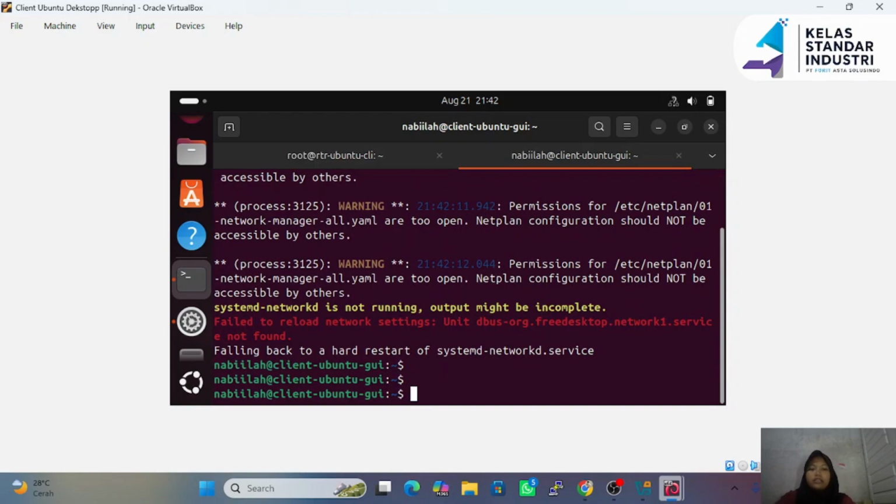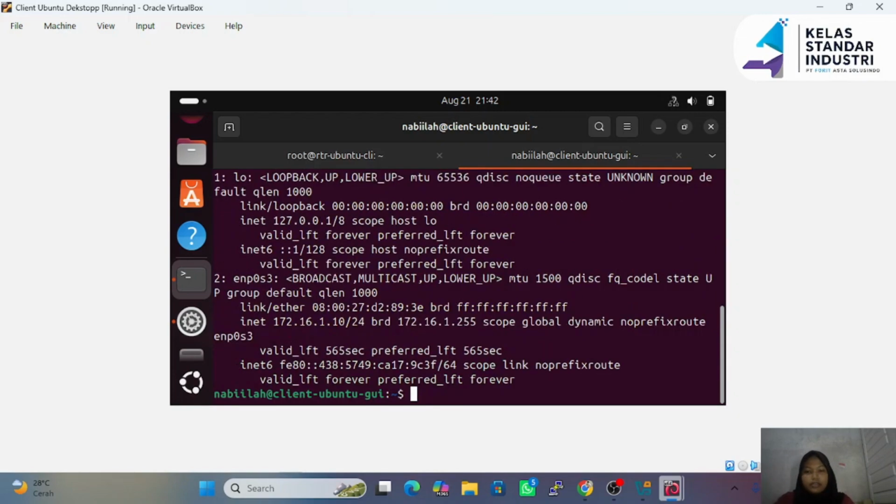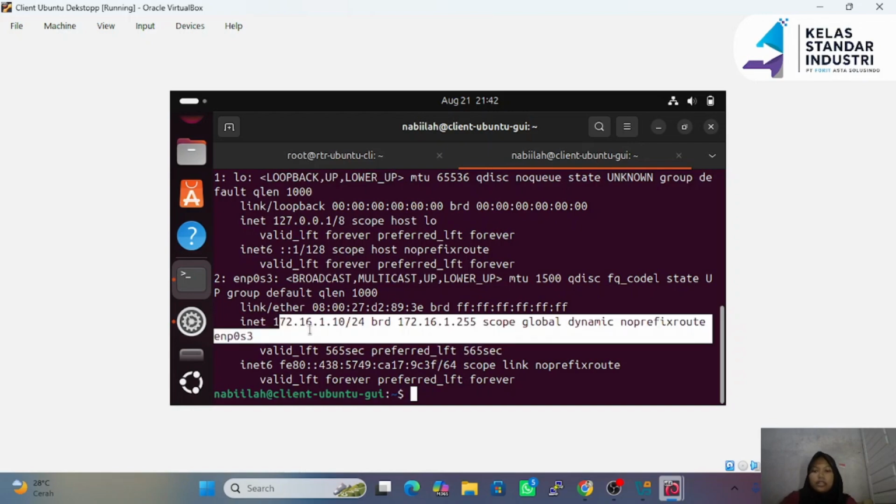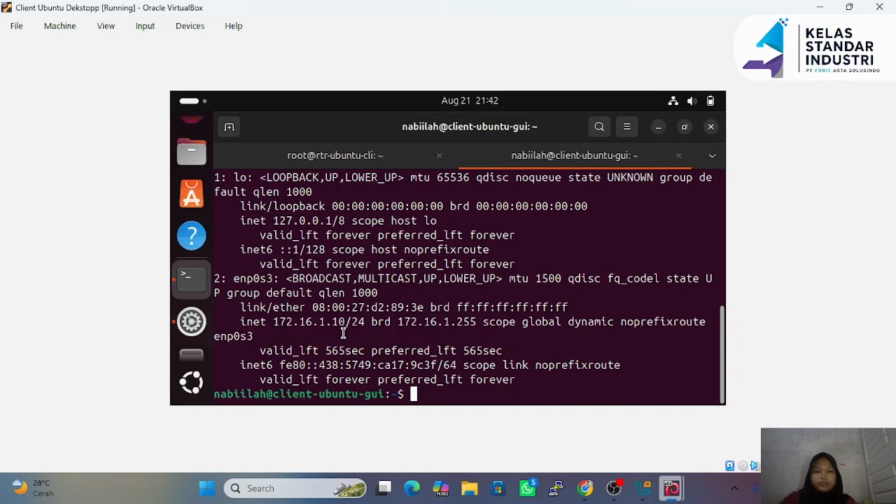Then we can check the IP address using ip a. As you can see, we now have an IP address starting with 172.16.1.10. Before this, the IP address was 172.16.1.2. So now, the Ubuntu desktop has successfully received an IP address automatically from the DHCP server.